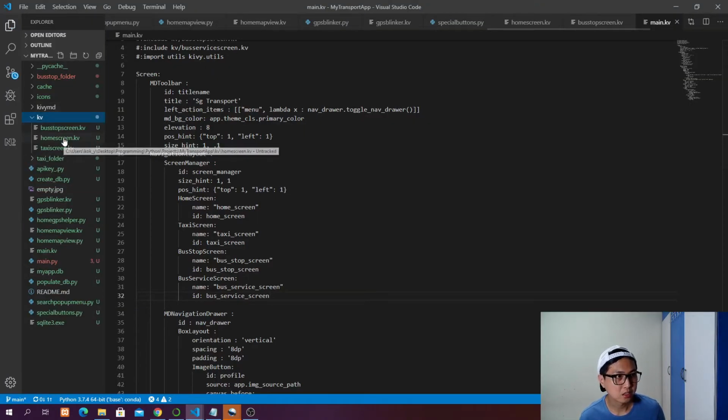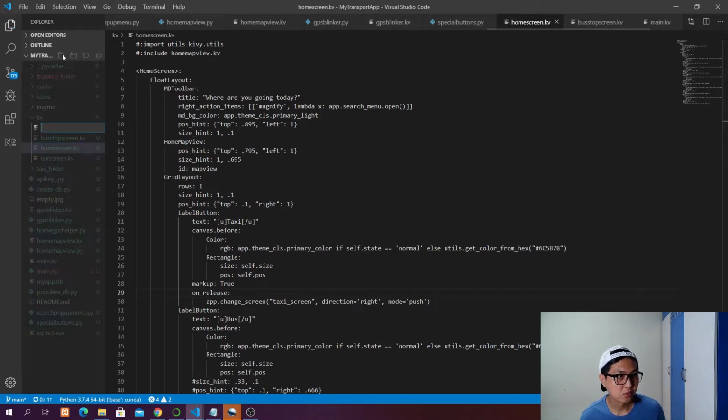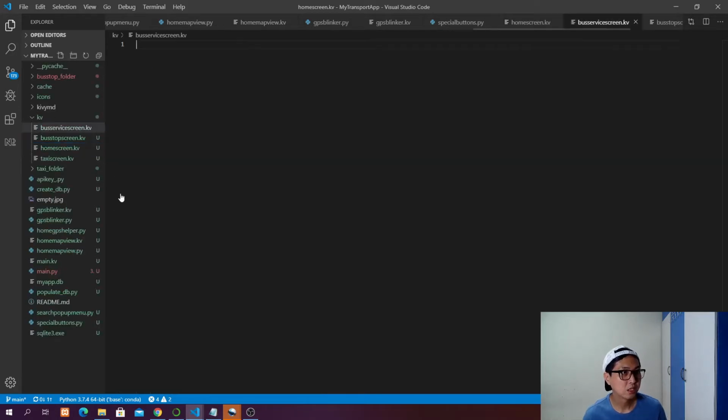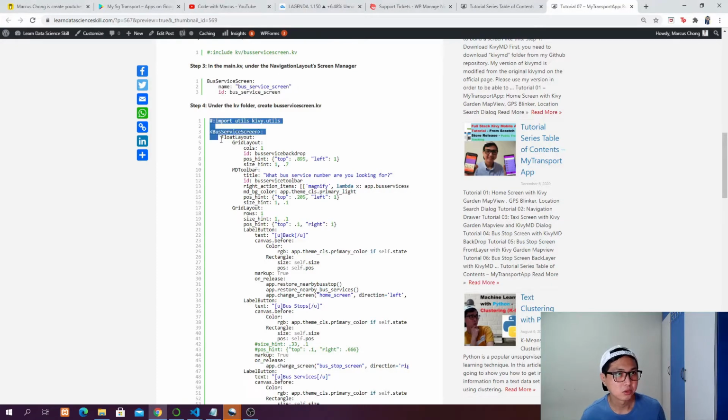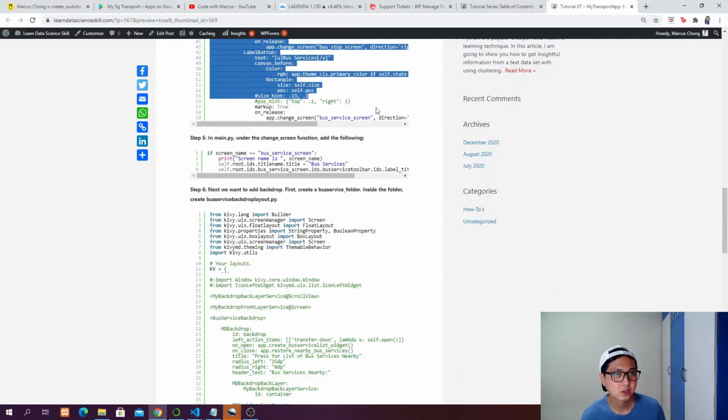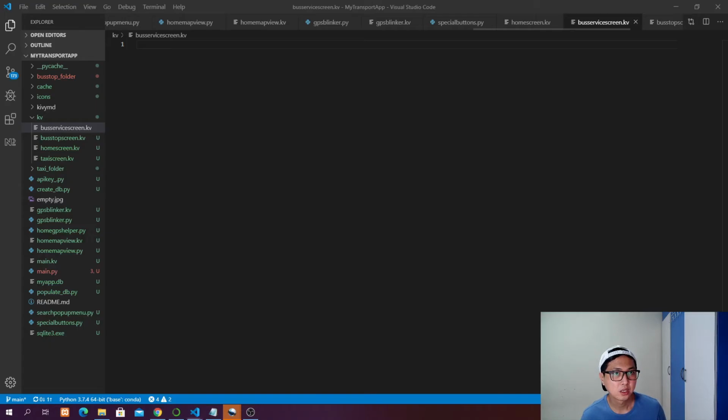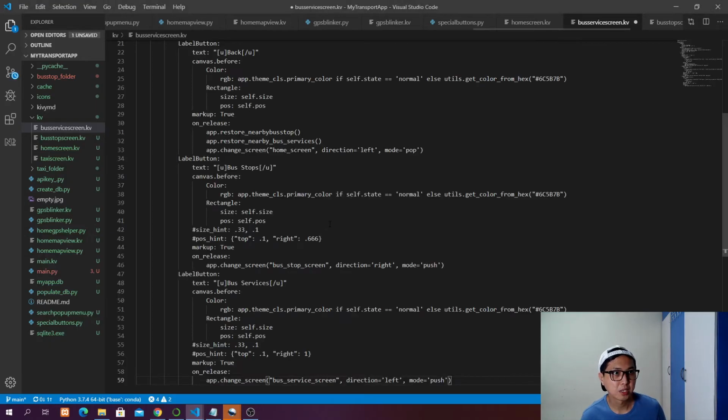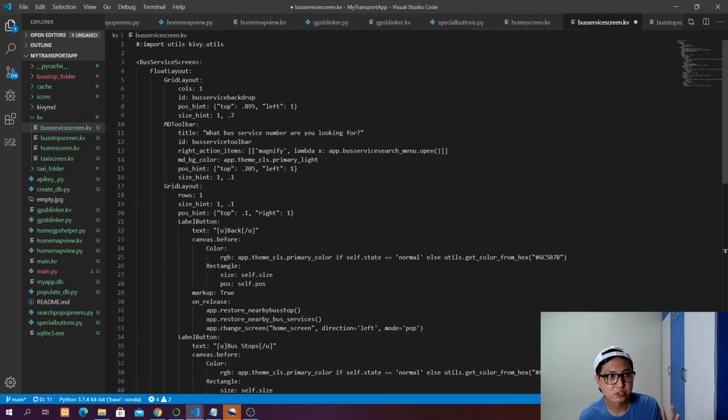and here we are going to create bus service screen.kv, and then we are going to copy all this and paste. So now we have a bus service screen here, and then we have a float layout,